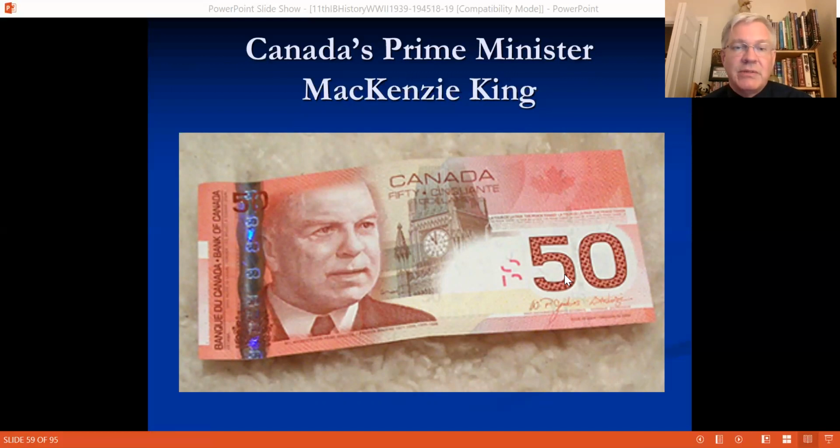And of course, they're going to be sending over all kinds of soldiers and airmen, and their Navy is going to be very involved in making sure, as much as it could, that ships could cross the Atlantic Ocean. There were even some Americans that wanted to fight in the war before we officially got into it, and some of those Americans joined the Canadian military or the British military to go into the fight.